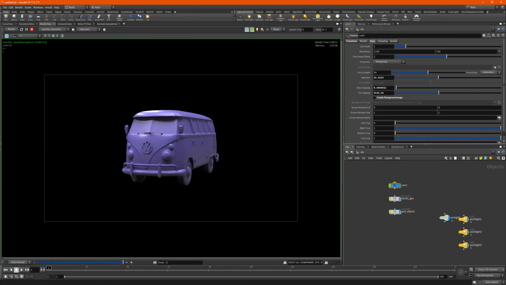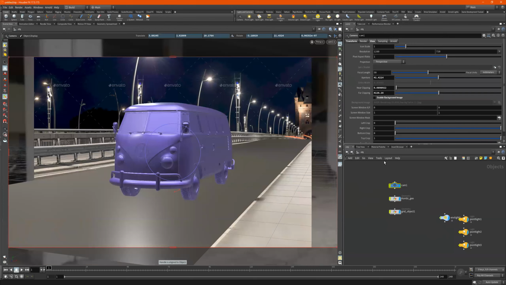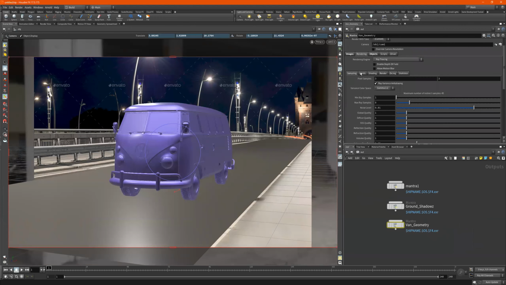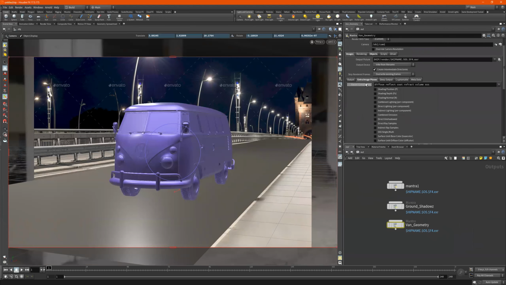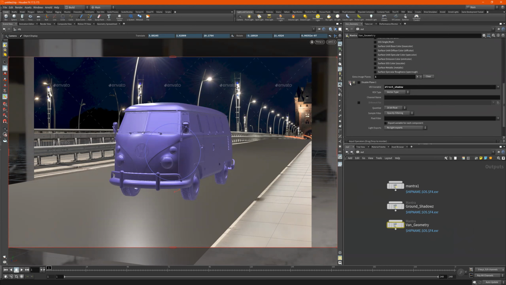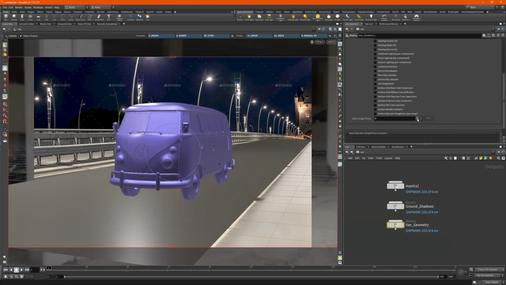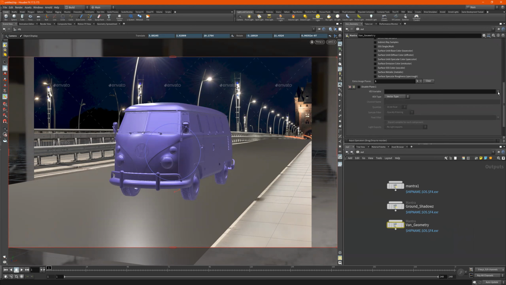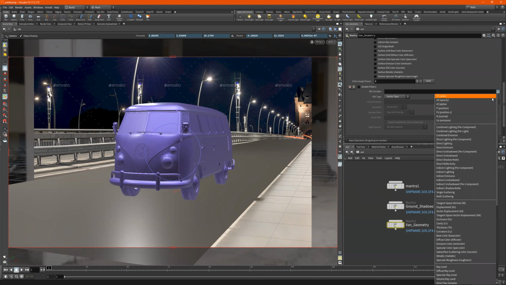Cool. And now also what we'll do for this is we will go to where's it at? Our out context. Go to the van geometry. When we go to rendering, I mean not rendering, images, extra image planes, we're gonna take away this direct shadow. So we'll click on this X right here to eliminate it, and we'll press plus to add a fresh new one. And we'll name this one